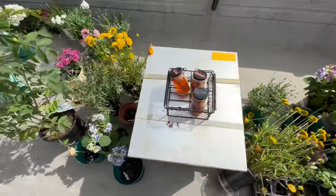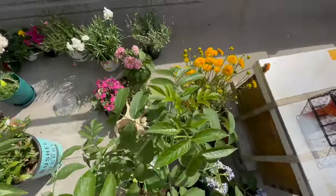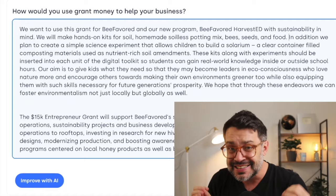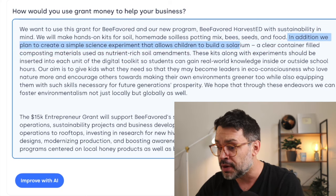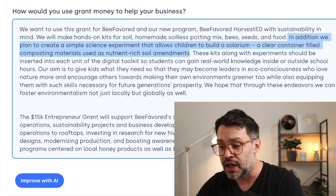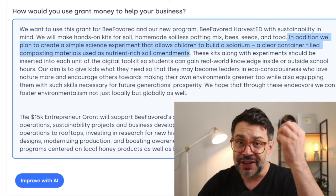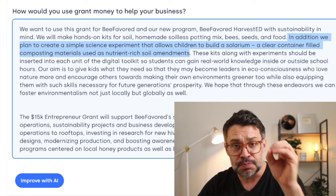So this is very specific. It's for an educational component of this business. I got that within the first two sentences. In addition, we plan to create a simple science experiment that allows children to build a solarium, a clear container filled with composting materials used as nutrient-rich soil amendments. That's a great specific example, something that I can remember as a grant reader, as a specific use of the